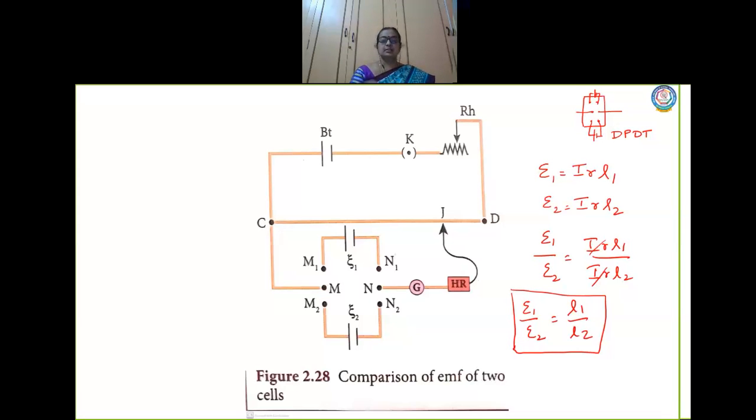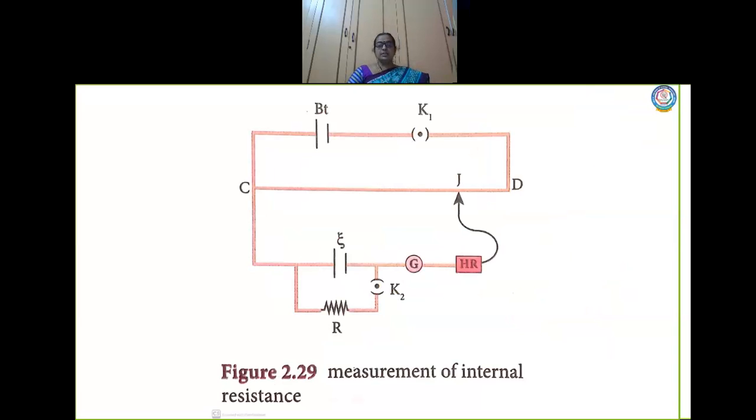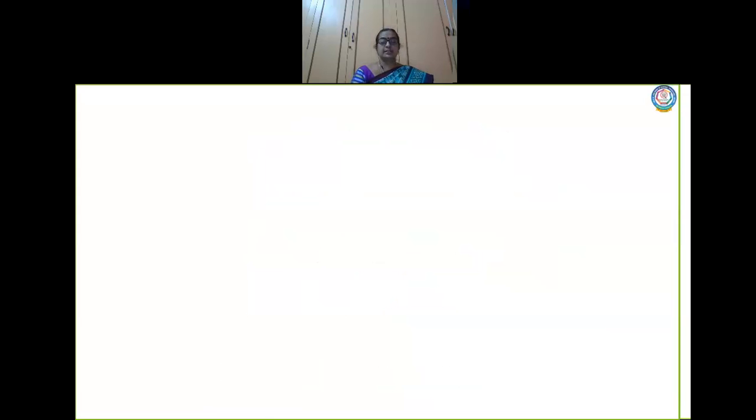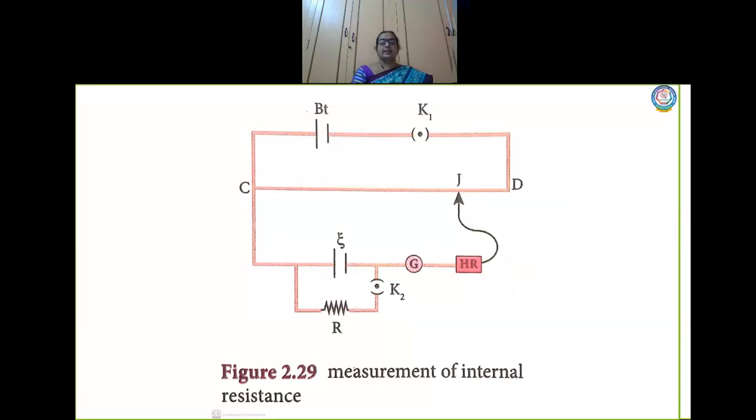Okay. The third use is how to determine the internal resistance of a cell. So the internal resistance of a cell can be determined using a potentiometer. Again, look at the diagram. The connections are the same. The primary circuit is the same. Battery to key to D terminal, and here is a cell whose internal resistance has to be determined. Now that is connected to C, and the negative terminal of the cell is connected to the jockey through a galvanometer